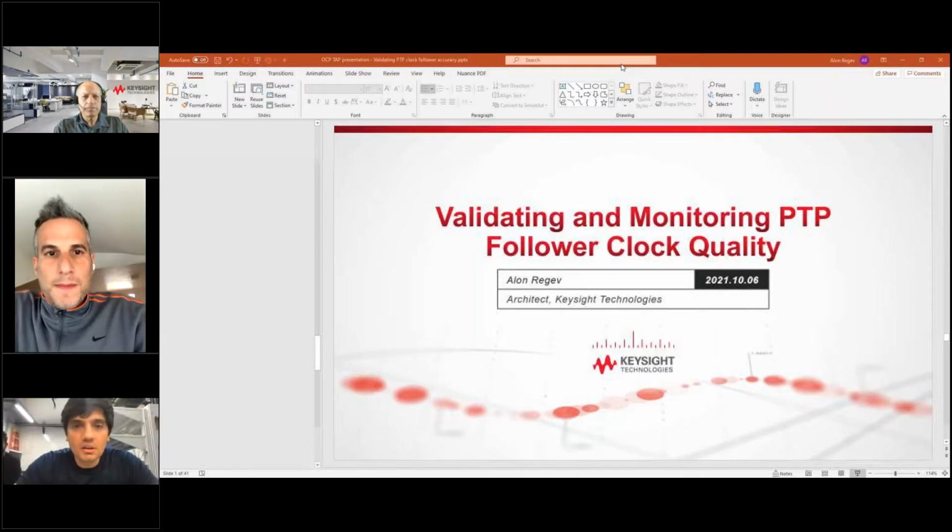Alan, I have a question. With regards to the servo, do you think there is room to have something based on a Kalman filter? Absolutely. When we have a loss of sync messages, the divergence you get with the existing implementations is definitely much higher than what you would expect from a holdover. So yes, it can be.